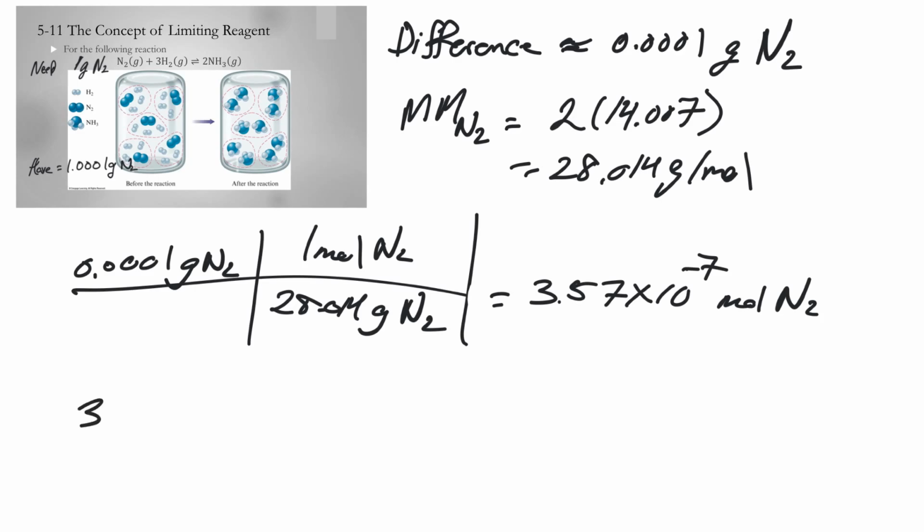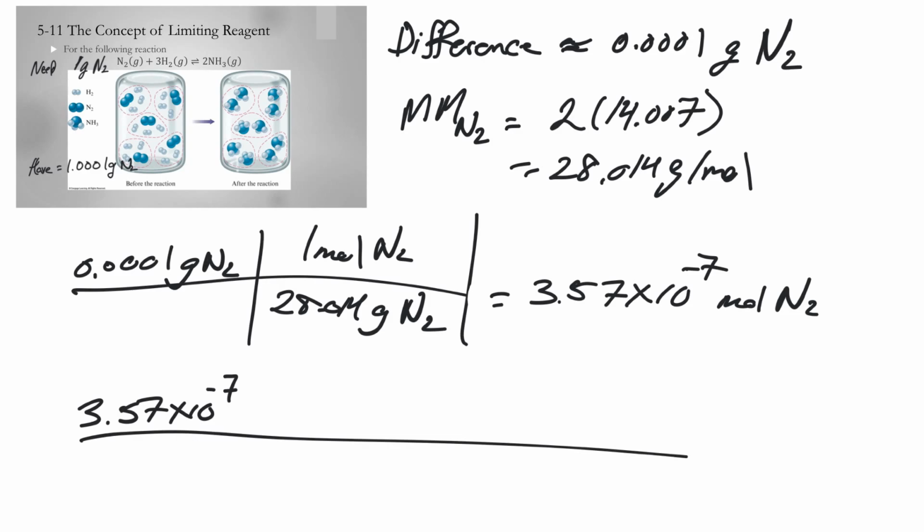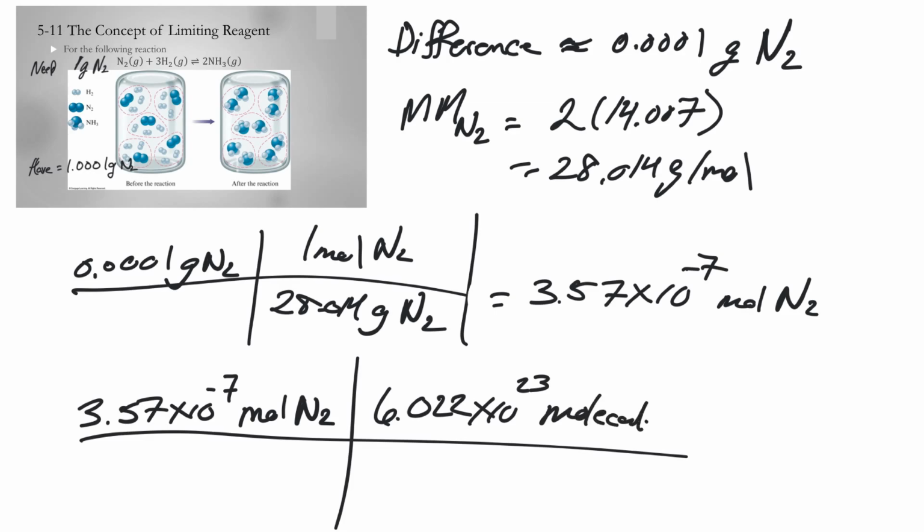But if we take that value, which seems very small, and convert it to molecules with Avogadro's number, we have moles of nitrogen and we multiply it by Avogadro's number, 6.022 times 10 to the 23rd molecules of N2 per mole of N2. I should have canceled out these units here. We get